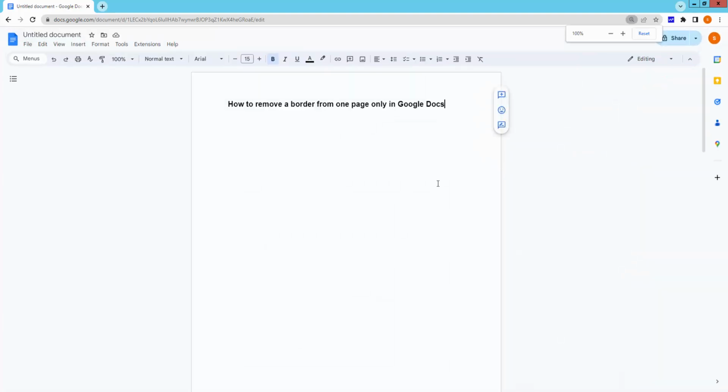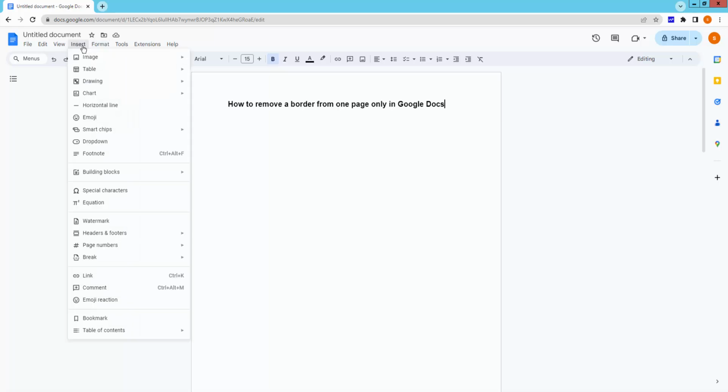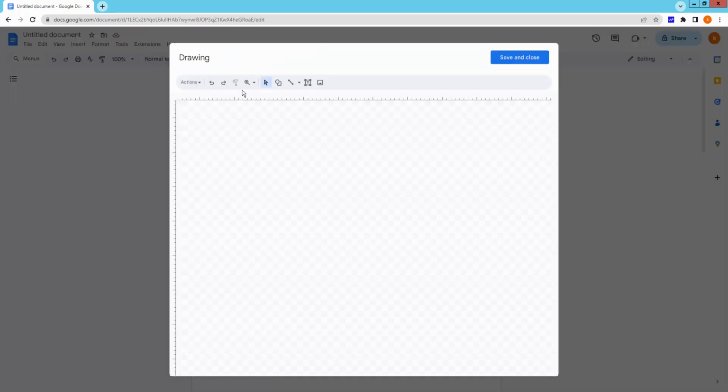You can see there are no borders on the edges. Now I will add borders to these 3 pages. Go to the Insert menu, then click Drawing. Now click the New option. Now you can see an interface like this. Now insert a rectangle